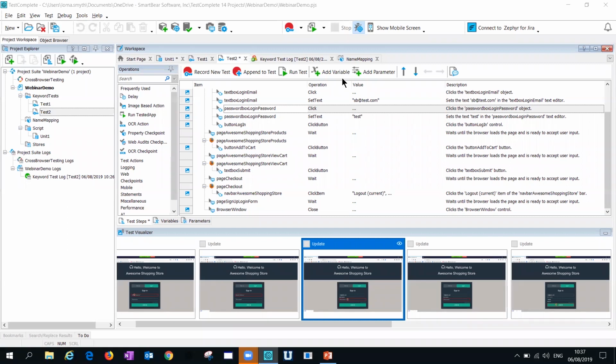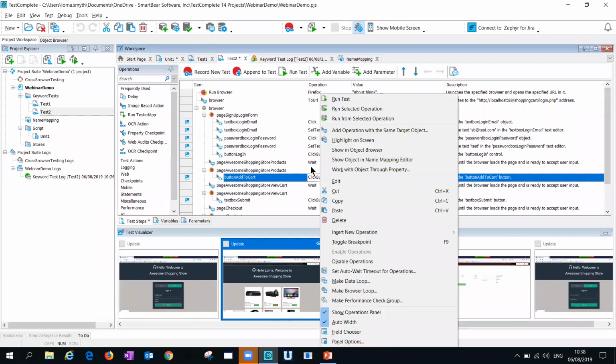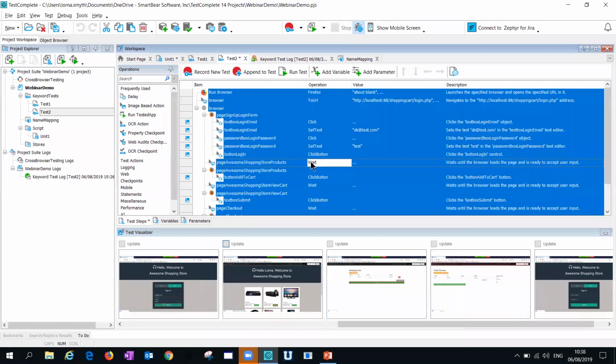And really quickly, I mentioned the browser loop. So here we have our keyword test where I did my test on Firefox. But hey, not everyone uses Firefox. So I want to make sure that my application can be accessed and the functionality of my application works across all of the browsers. So a way to do this is to select all of your keyword steps. So, and I'm just using Control A to highlight these.